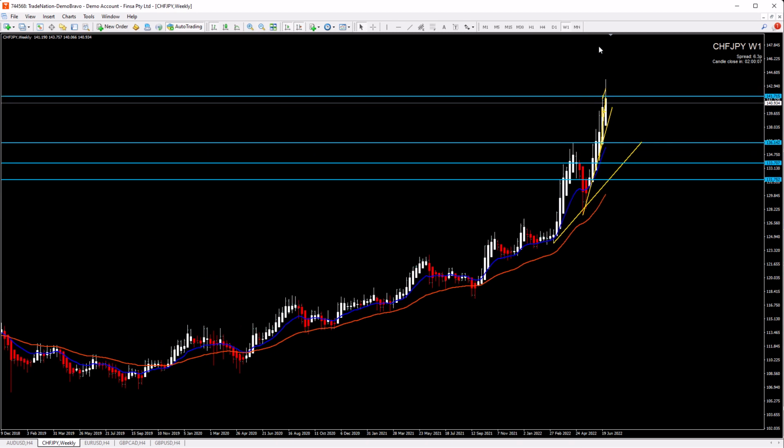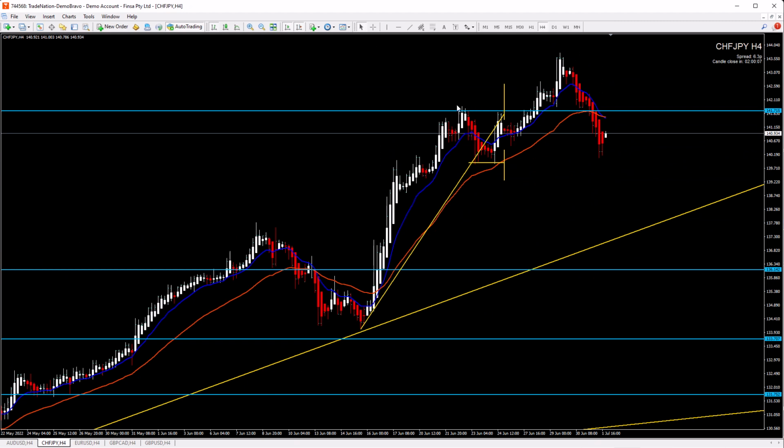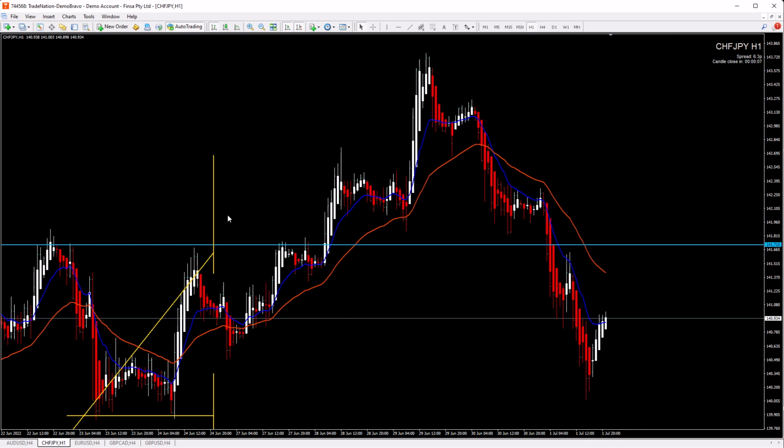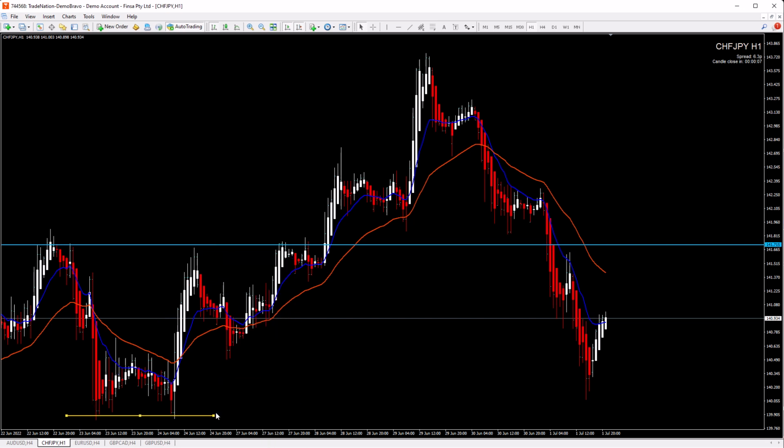So in this case, of course, we cannot say anything about resistance. Last time we spoke about the resistance because of this stop here. So price broke this, and we also had here, if you pay attention, let me delete the lines. So last week was really good for us because on all pairs which we did last week, we had